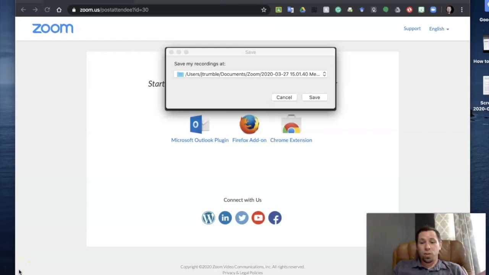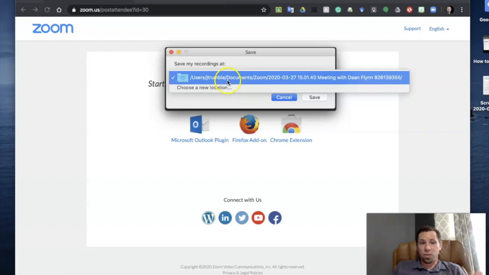So I finished my Zoom recording. My meeting was recorded, and now I have a chance here to save it. So once it got downloaded, it was able to ask me if I can save it. Now this is asking me to save it on my computer, or I can choose a new location, but I'm